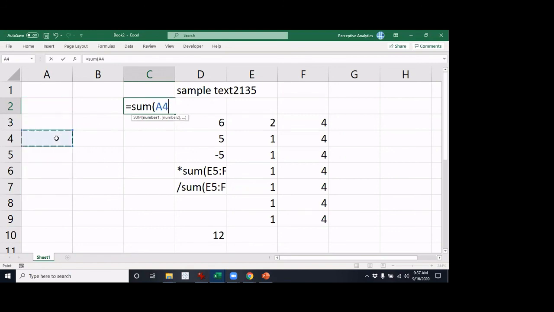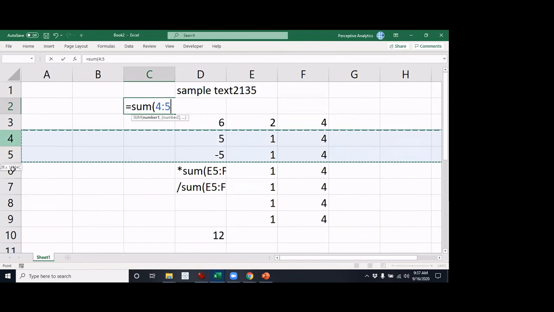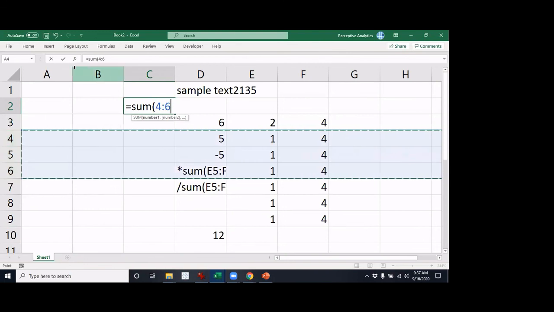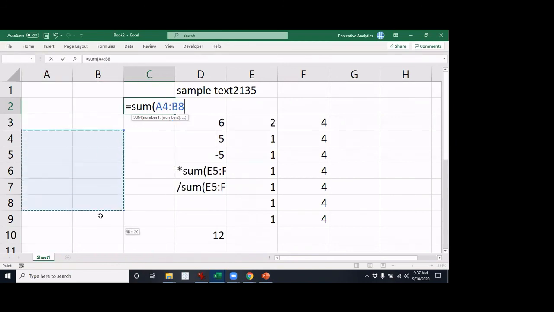Some cells in a specific row, and a single row, multiple rows, a column, multiple columns, and like a rectangle. Clear now? So that's a quick demo.